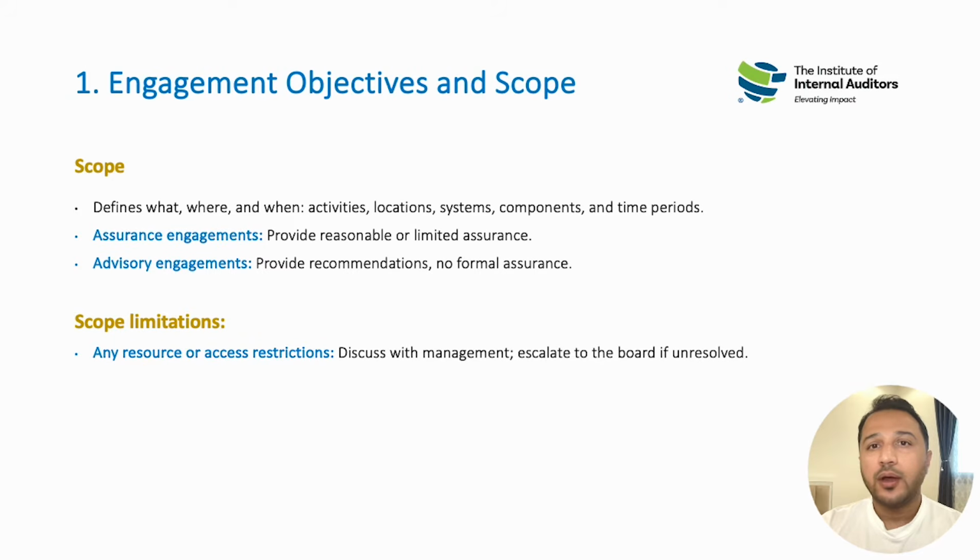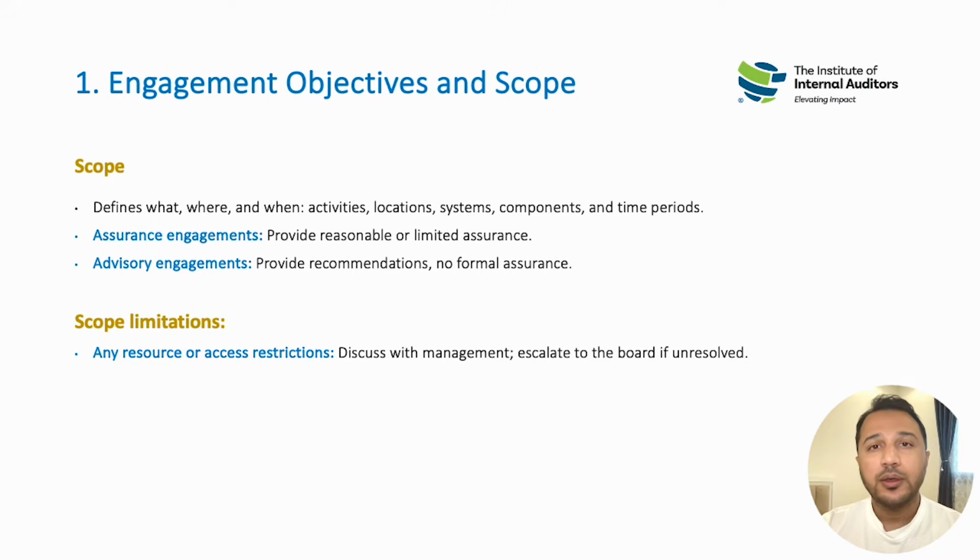It could be that you have businesses in different geographies and locations, or in different business lines. For example, you have different products, so which product line do you intend to review the processes and governance framework around? These are all attributes of scope, and we determine them at the start of the audit engagement.